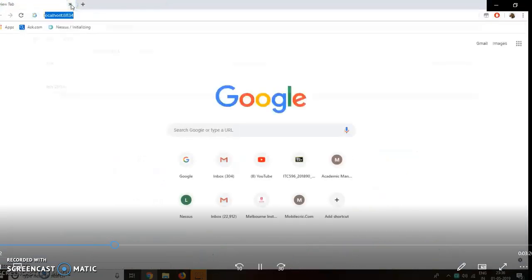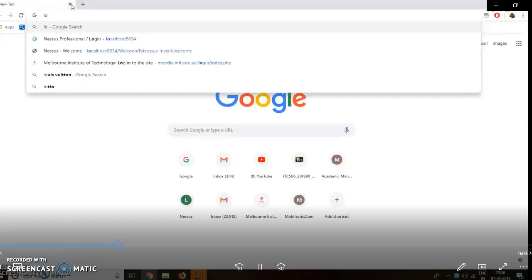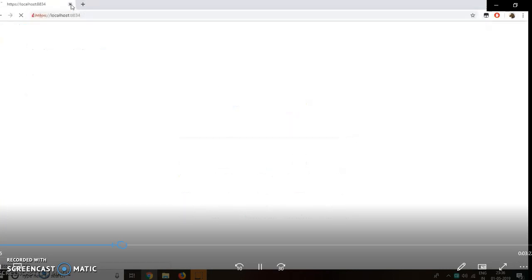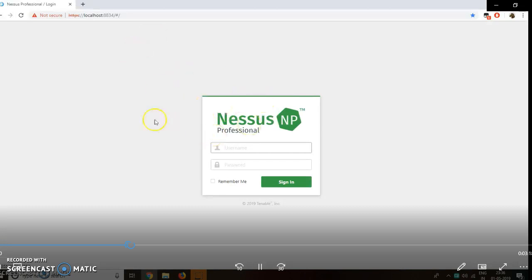Here I would like to let you know that I have already created a login ID and I'm going to use my registered login ID. So here I'm entering the username and the password. I entered my username and now I have entered my password. When I click on sign in,